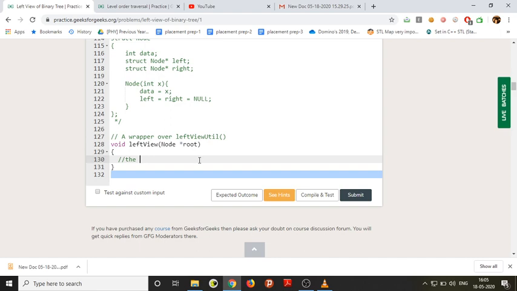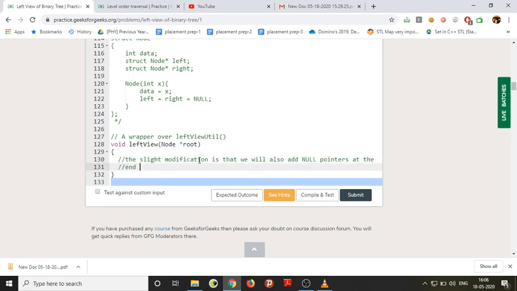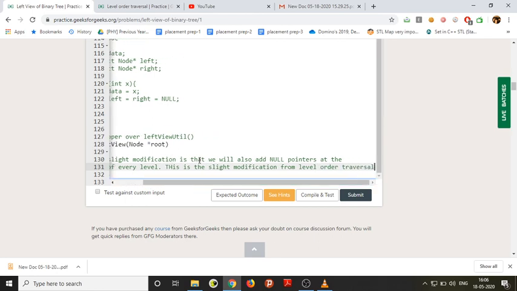The slight modification is that we will also add null pointers at the end of every level. This is the slight modification from level order traversal.